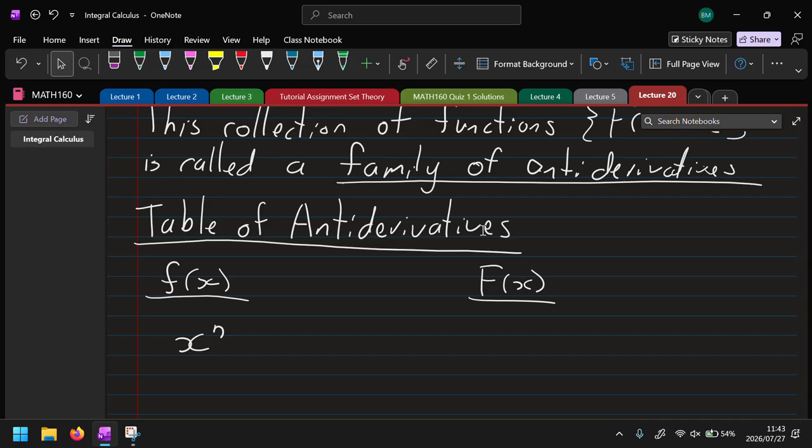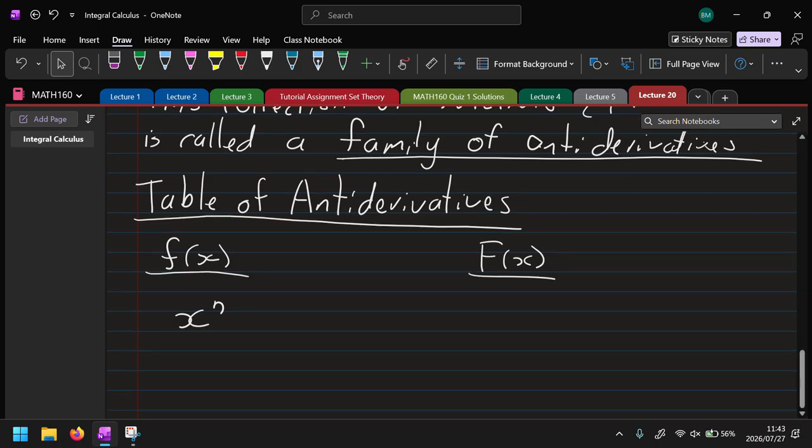Now we're going to go backwards. How do we do that? We add 1 to the exponent and then divide. You see how it's the opposite ordering? Okay. So for the antiderivative, it will be 1 over n plus 1, x to the n plus 1, and